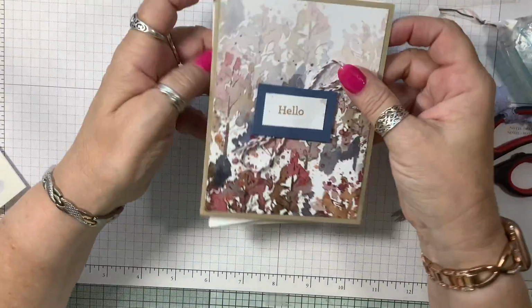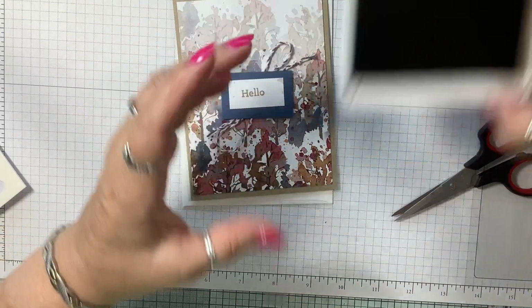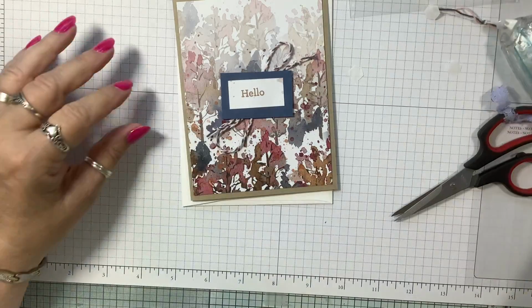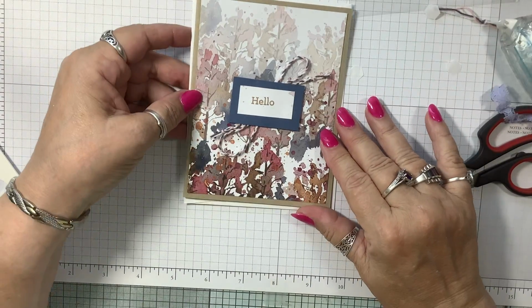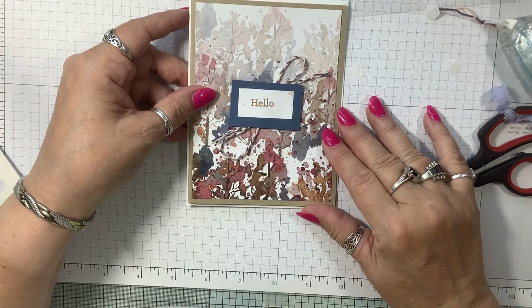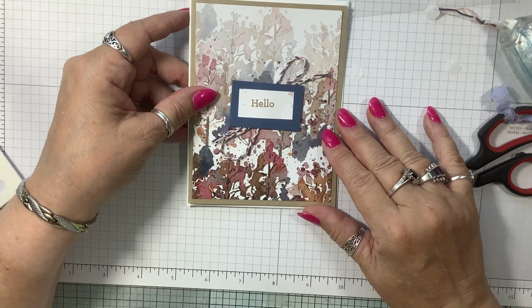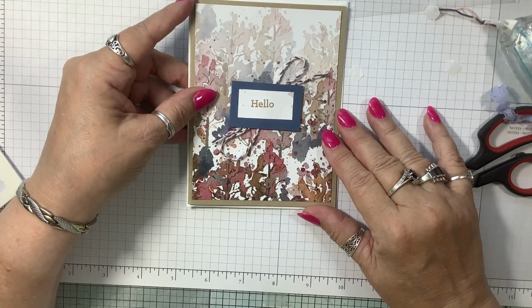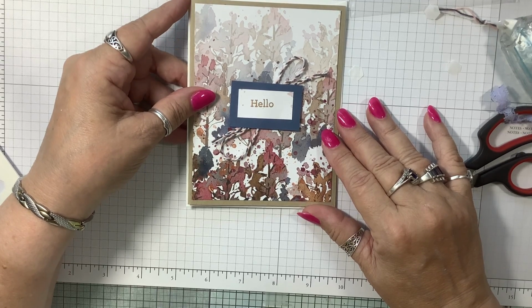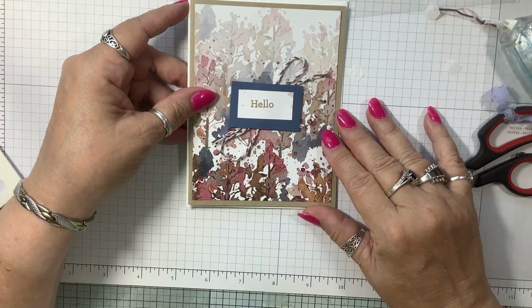And that is our card. Very simple, easy to do. Like I said, the hardest part is going to be braiding. So I hope you enjoyed this video. All of our cards this month happen to be very quick and very easy cards, but I just wanted to show some versatility with the paper and with this one set. So we are focusing on the beauty of the earth,